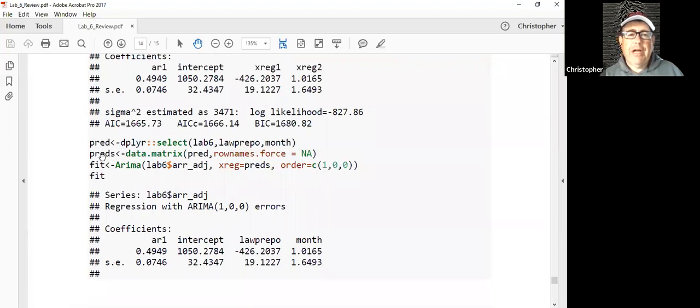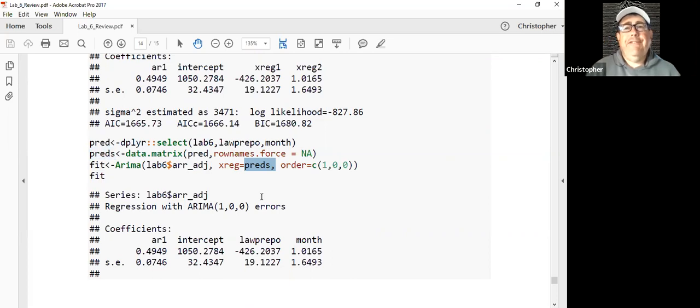Doug provided was to create a file with only the predictors in it. The way to do that is using the select command in dplyr. The first thing that's added here is the name of the data file, and then the two predictor variables are listed next. And then this is forced into a data matrix. Once we force that into a data matrix, we get something called PREDS. The forecast package can take that as a list. It has to be in a matrix form for some reason.